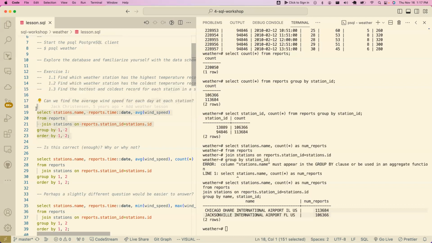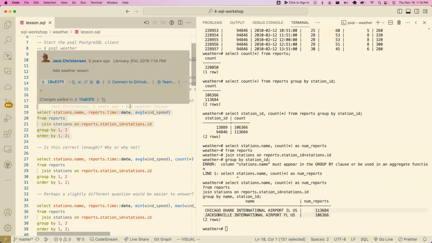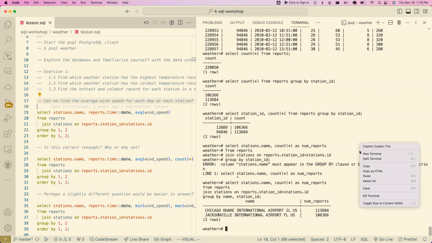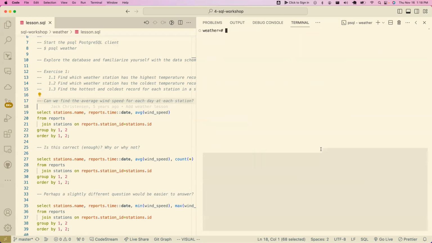So this query here, this one looks like it's giving us wind speed. So let's write this out and run it, and then we can tackle these other questions, and maybe we can build these out ourselves. But since this one is right here, we might as well run it and see if we get average wind speed. And I think that's what it's doing, because if I talk through this as we build it, select stations.name,